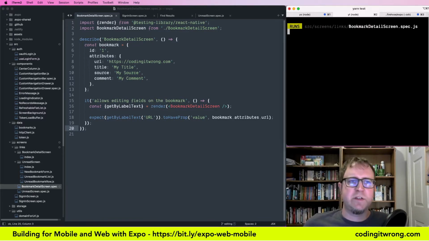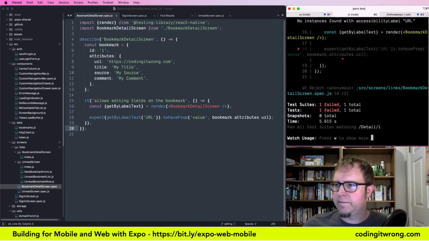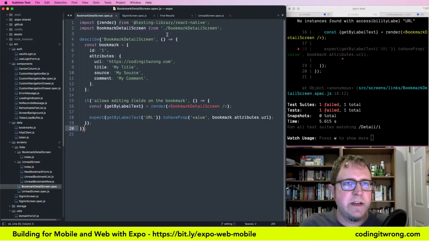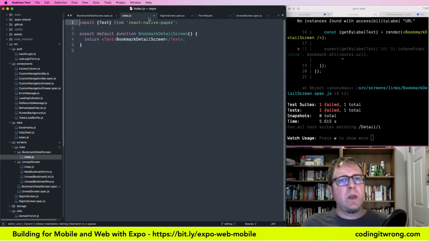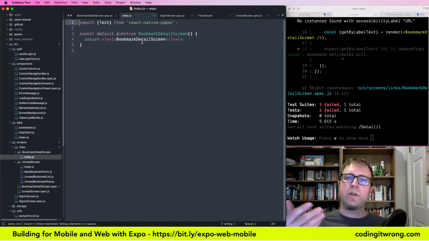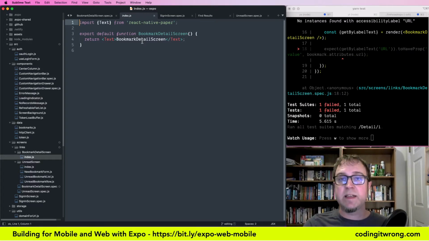I'm going to focus down just on the detail test file. All right, so what it says is no instance is found with accessibility label URL. So let's get that added in. Bookmark detail screen. One of the things that test-driven development does is allow you to focus on one